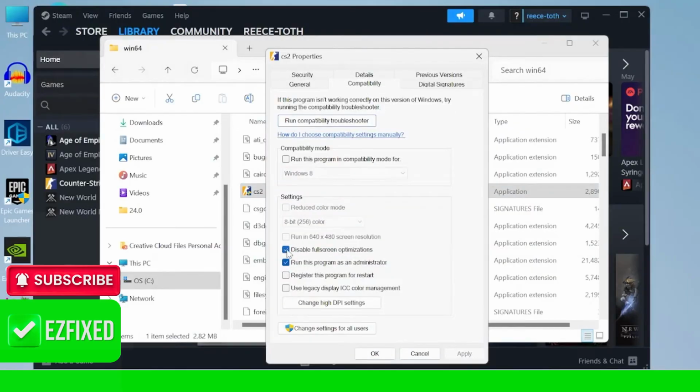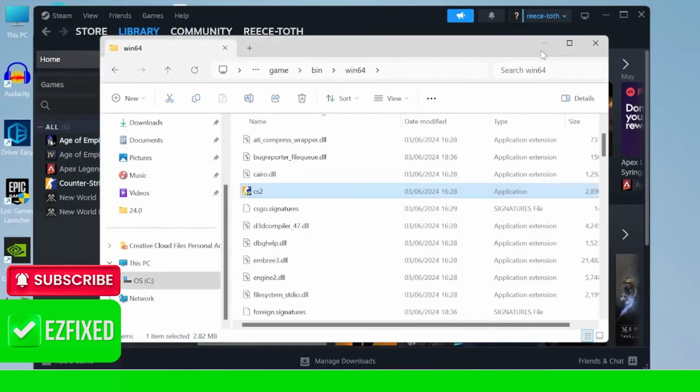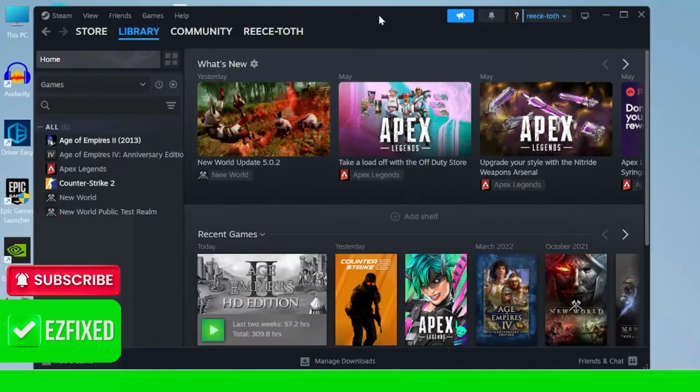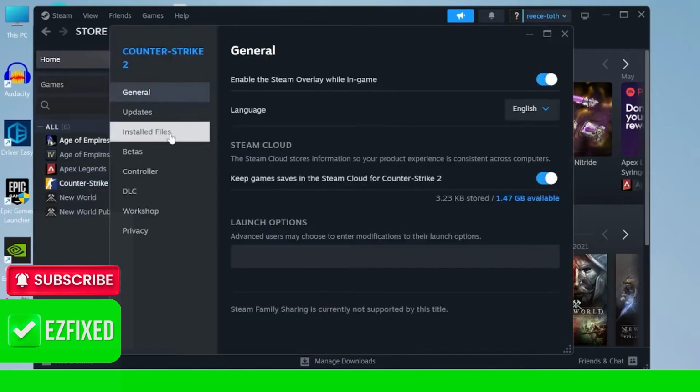Inside of here, you need to ensure that Disable Full Screen Optimizations, and also run this program as administrator are both checked. And then we can press apply and OK to save those changes. The next thing you're going to do is close out of this folder and back over to the Steam application, and we're going to right click on Counter-Strike again, inside of Properties, and then head over to the Installed Files